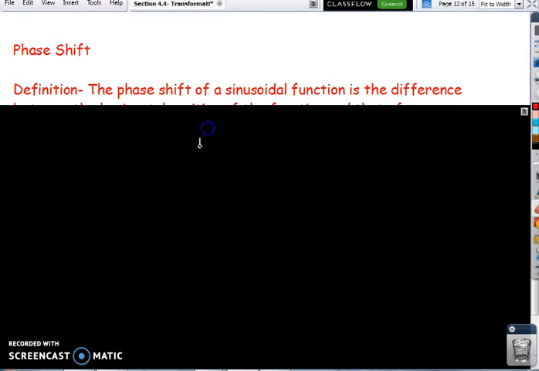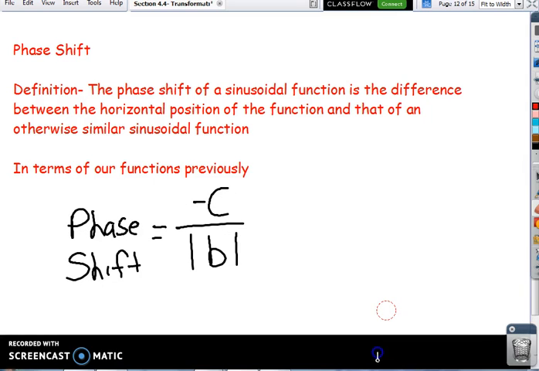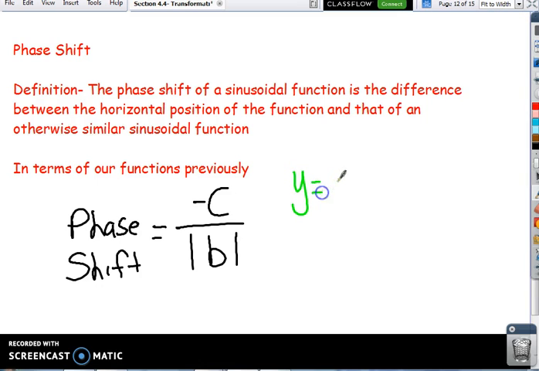And the last of the big transformations we're going to talk about today is a phase shift. The phase shift of a sinusoidal function is the difference between the horizontal positions of the function and that of an otherwise similar function. So how to find a phase shift? You take negative c over the absolute value of b again. So, looking at what our sine function looks like, what we're going to end up doing